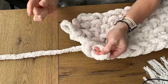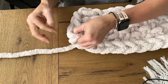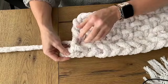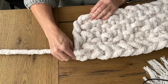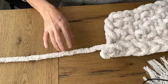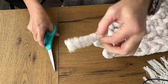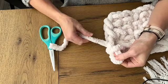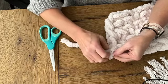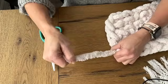All right, so I'm at the end of the row. Here's this one that was left out. Again, take both of these guys. And I'm gonna be consistent and come through the back here. So this ends up being the corner of our blanket, but you're saying, what do I do with these two guys? First thing you're gonna do is cut away from the rest of your yarn, leave enough of the tail. Then you're just gonna take this piece here. I like to make this loop a little smaller and pull this all the way through